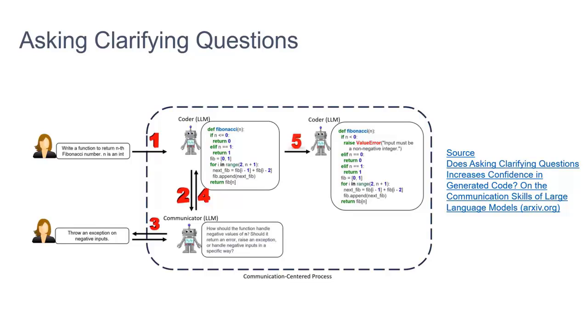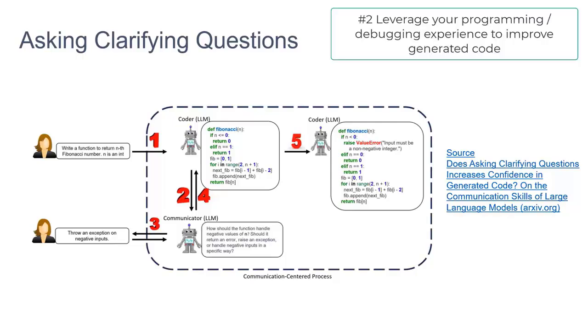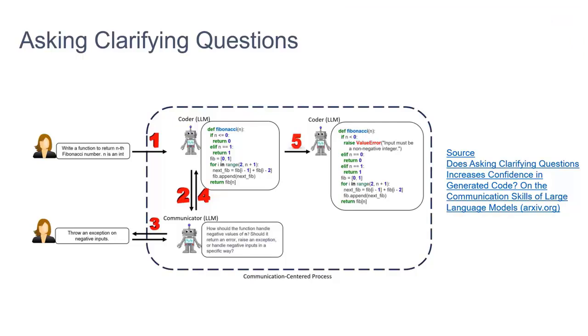The notion of prompt crafting that we talked about in the previous slide brings us to the second important takeaway from this presentation, which is the need for asking clarifying questions. So if you look at the center of this diagram, if you as a developer come in and ask the language model to create a function, in this case, generate a Fibonacci number, it is going to generate some code, and it is now your job to come in and ask questions, clarifying questions.